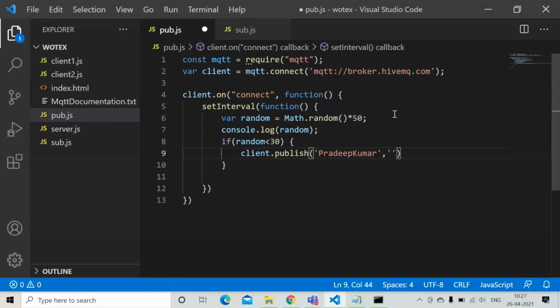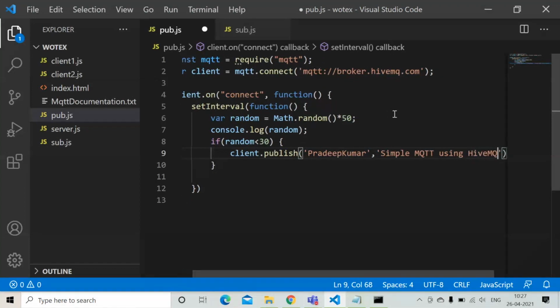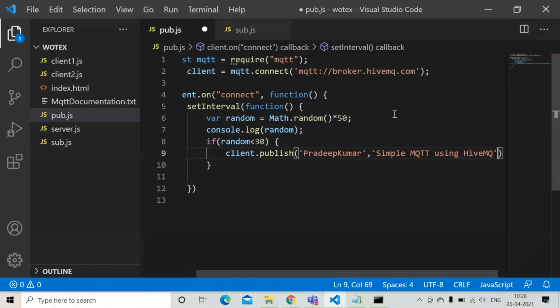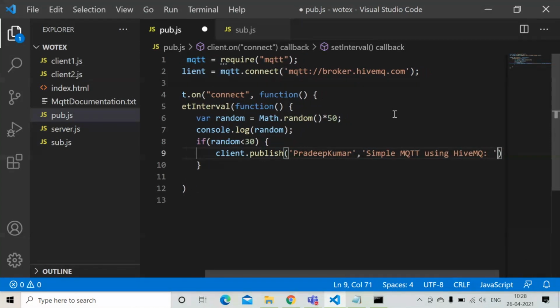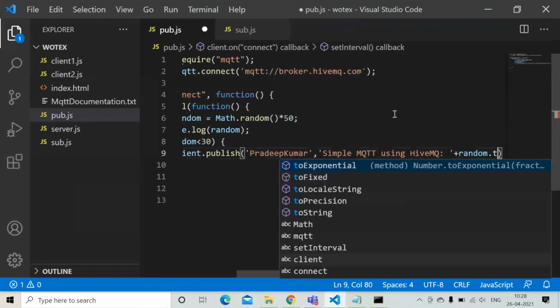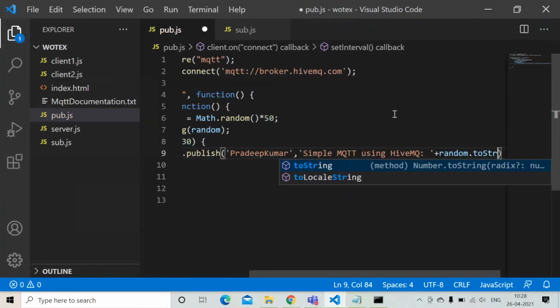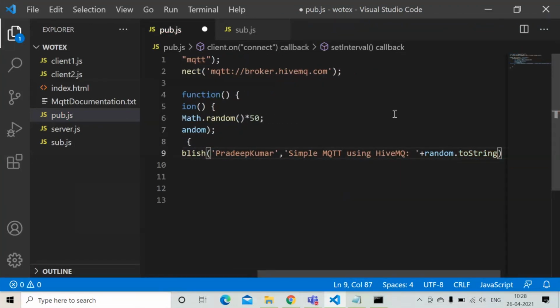Then the message is simple MQTT using HiveMQ, then random.toString, so I'll be displaying it with the random.toString function.